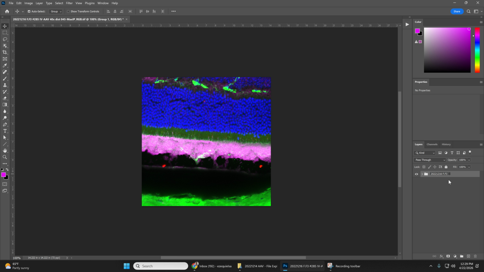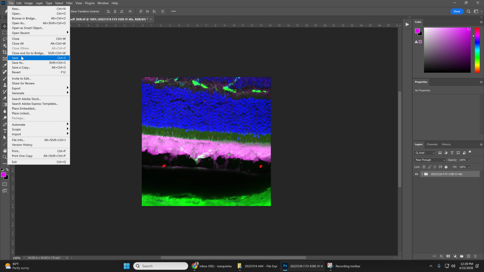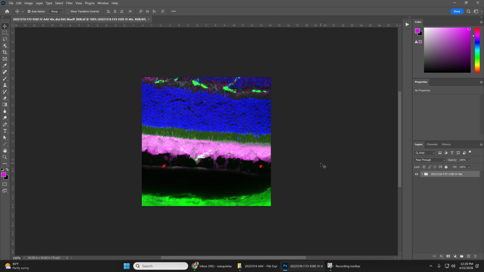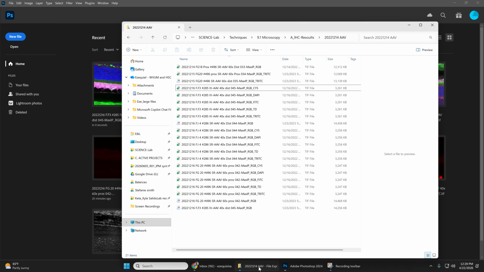In this case, is the section and the mice, and anything that you think that is going to be worth it to have. So when you finish to this, you can click Save and save in the same RGB file. We don't use any compression at this time point. So here you are ready. You can go out and start doing the same for the following pictures.